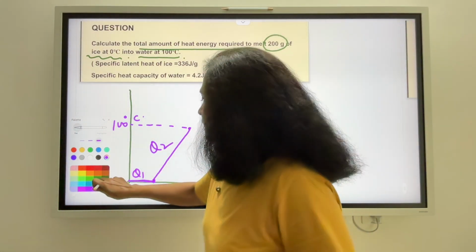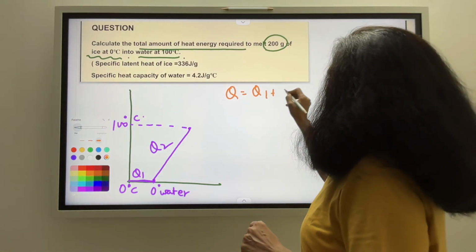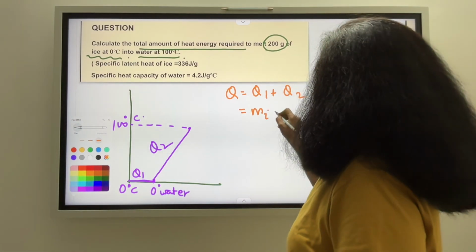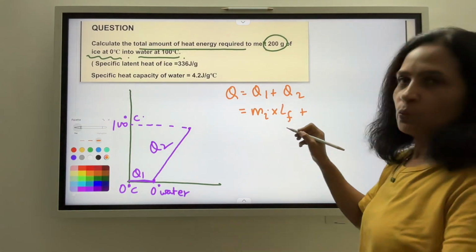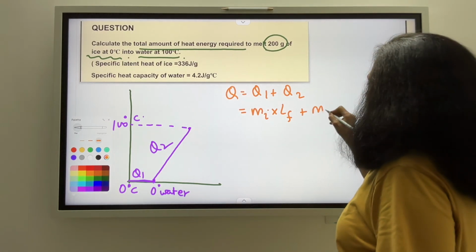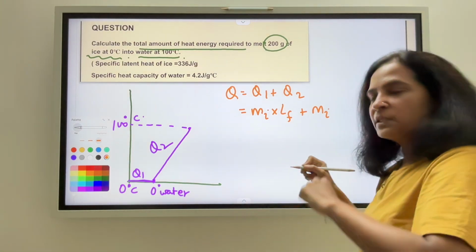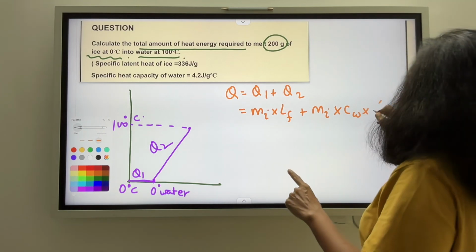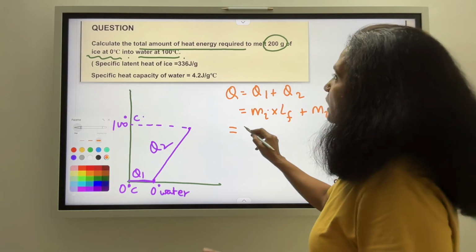So let us start calculating. So the quantity of heat energy required is Q1 plus Q2. अब ये Q1 क्या है? It is nothing but mass of ice into latent heat of fusion. Right? Now the ice has melted into water at 0 degree. Now the water is showing a rise in temperature. So mass of the same ice, because mass of ice is equal to mass of water, the same ice has melted into water, into specific heat capacity of water, into the del T, the temperature change which has happened. Now what is the mass of ice has to be found out.